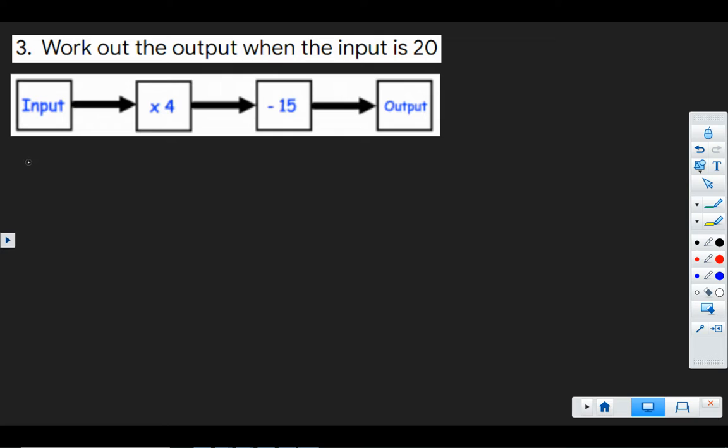Okay, we've got a number machine here. We've got an input of 20. We're going to work our way across. We multiply by 4, and that's now 80. We are then going to take away 15. So that is 80 take away 15, which is 65. And the nugget for us to go and practice,